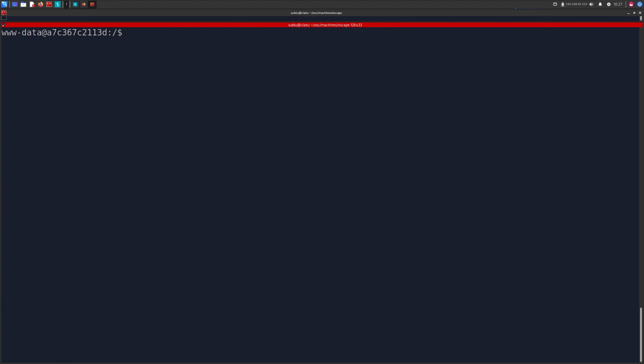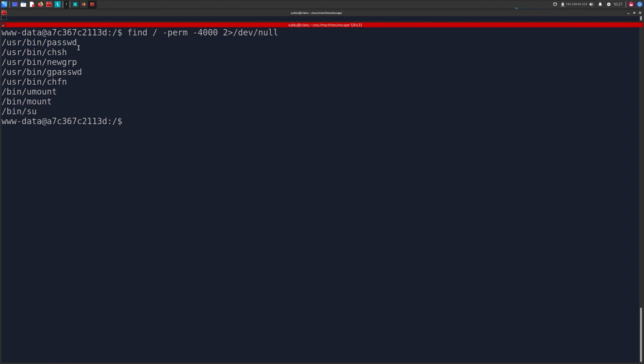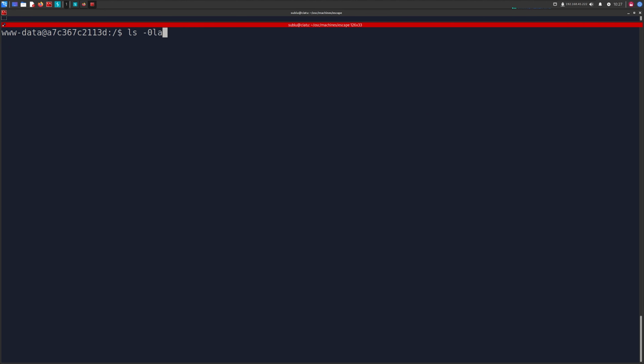We can try and see for any SUID bits. So we could do find / -perm -4000 2>/dev/null like this. This is going to search for all the SUID bits, and there's nothing in here that really stands out to us. Let's do ls -la on /home. There's no users. cat /etc/passwd, and then grep for sh like this, only root. Okay, so we don't really have a privilege escalation method right now,